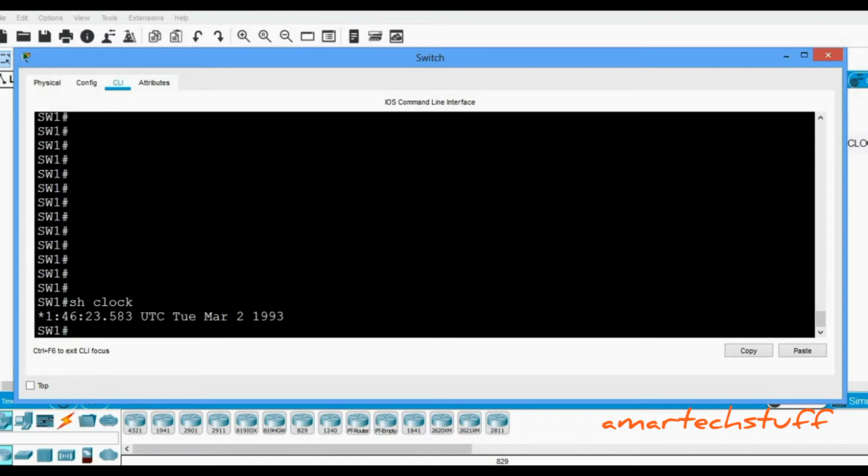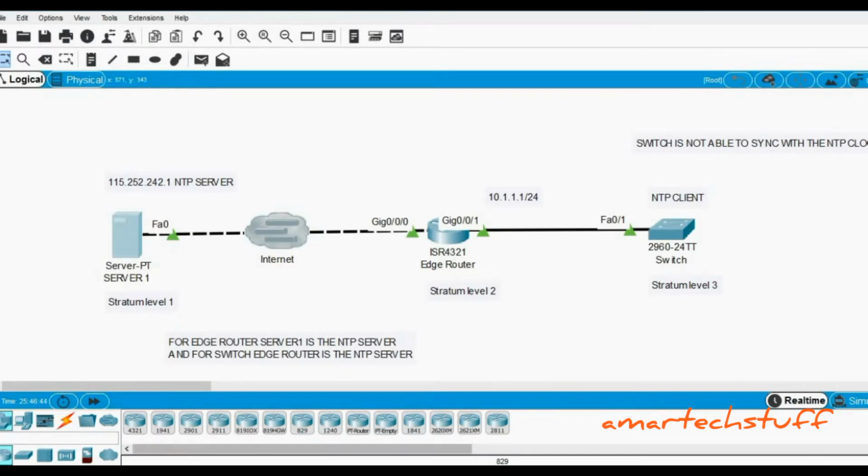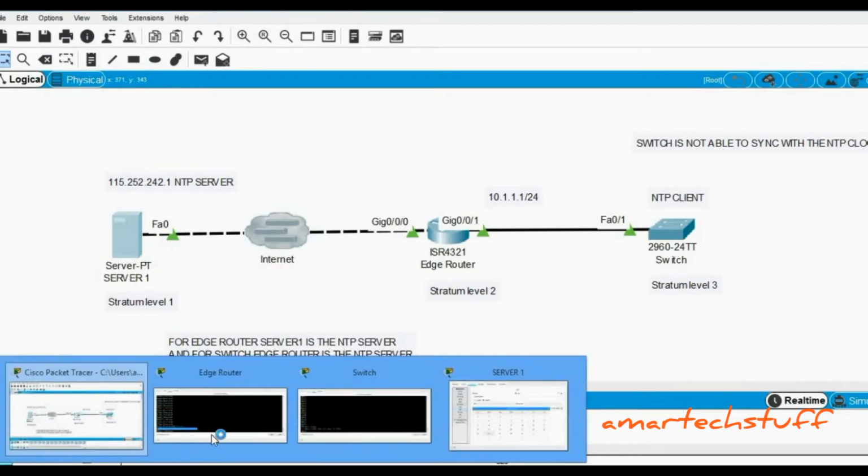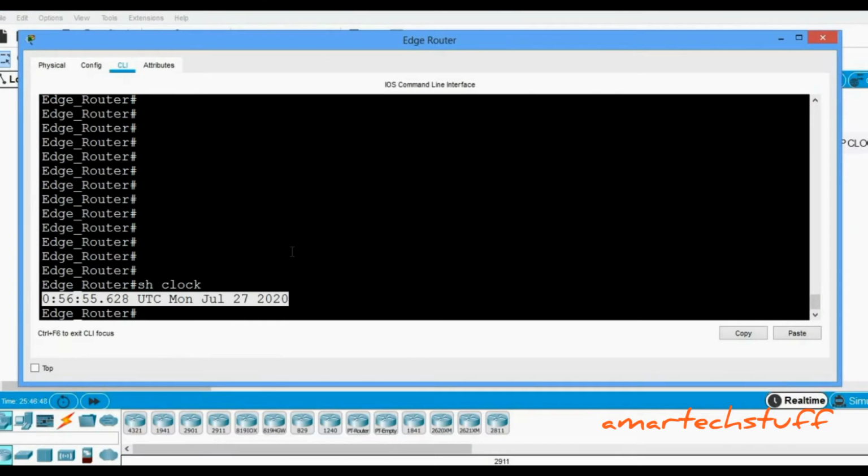So what I'll do is I'll show you why the router is able to show the correct time, because if something is working and something is not working, if you correlate or compare them and see what is the difference between them, then we can solve this problem.